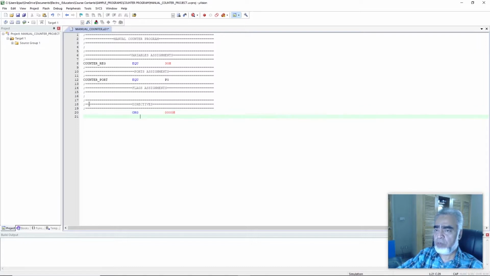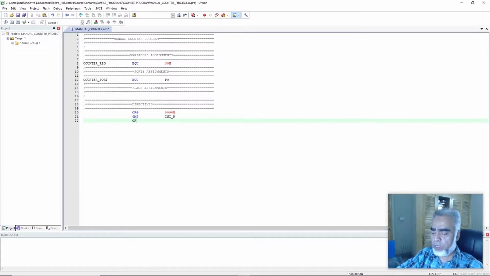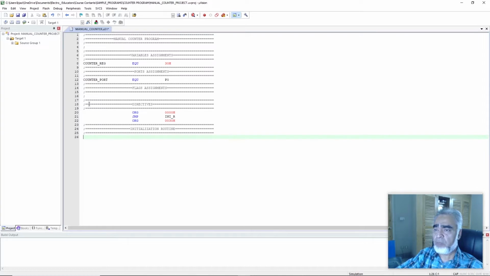routine. So here we will write that is jump ini_r. You can assign any name to your initialization routine as per your convenience, but here I am using the name, that is inir, for initialization routine. Now we will originate the second address, and here we will write org, and we will write 0030H, and from the address, that is 30H, we will start writing our initialization routine, and here we will assign the label, that is inir,